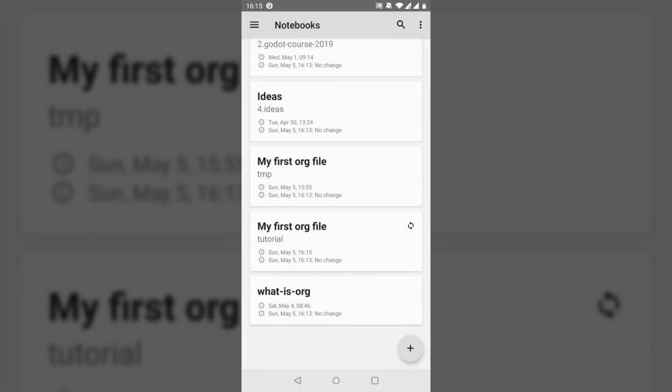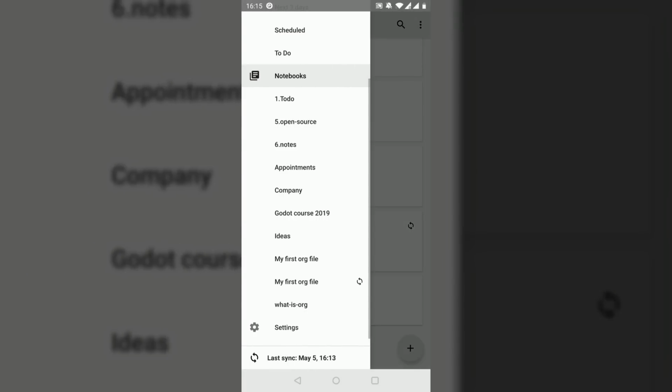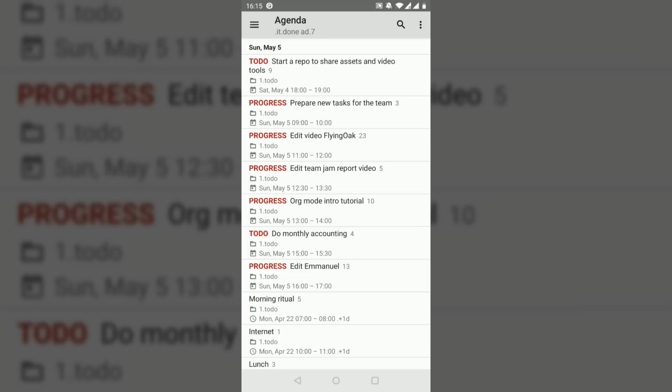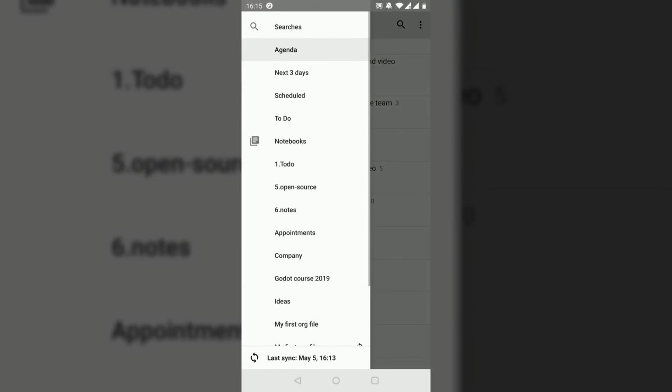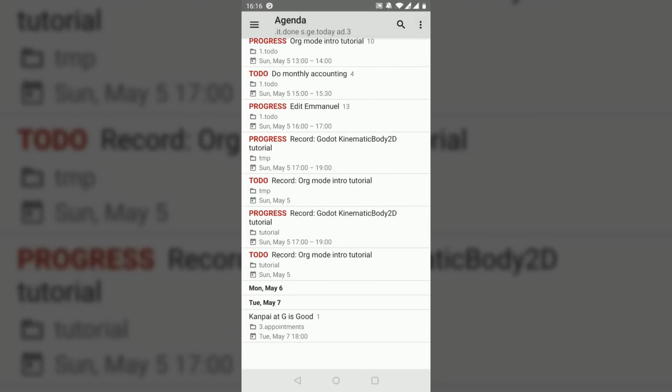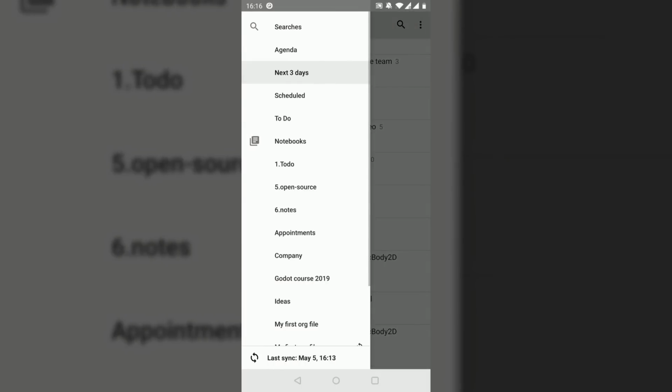Note that Orgzly doesn't support absolutely 100% of the features you will find in Org Mode in Emacs. It supports everything that has to do with notes, has to do with tasks. You have the agenda, so if you go to the menu in the top left of the screen and you drag up, you can find your agenda there, and you will see a list of tasks you have in here, starting with the day. You also have the tasks only for the next 3 days. As a default view, you can see your scheduled tasks and your to-do list,